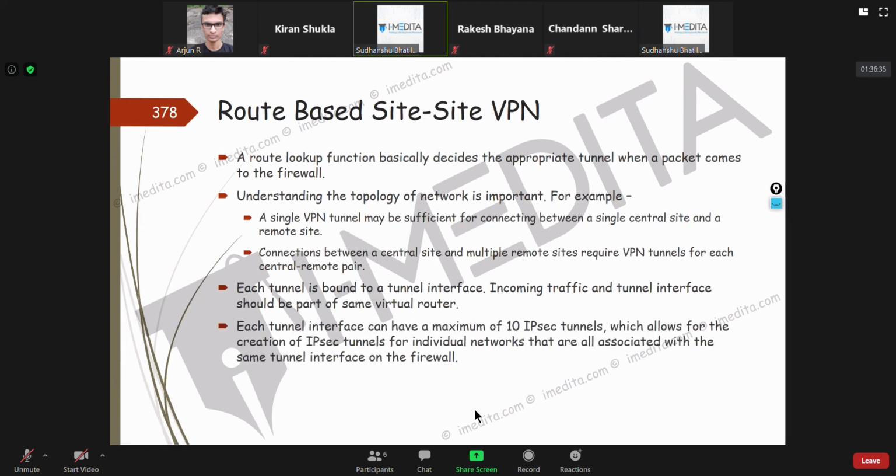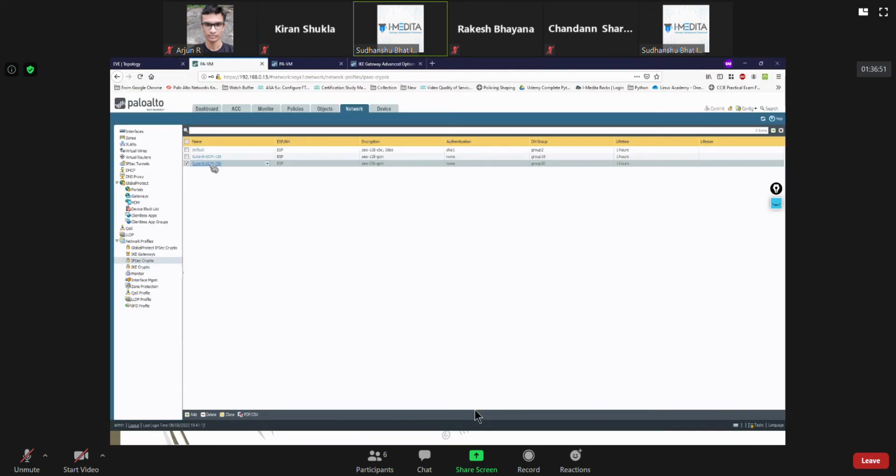And each tunnel is bound to a tunnel interface. And for one tunnel interface, you can have 10 IPsec tunnels. That's the maximum.